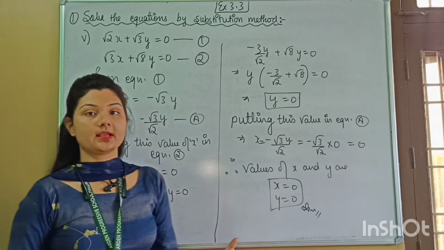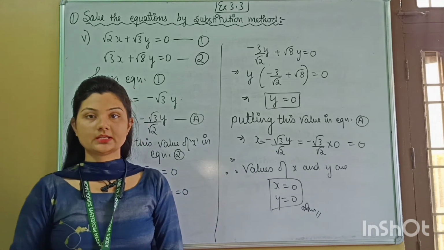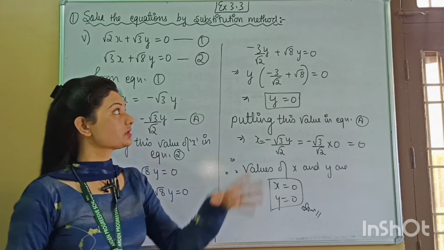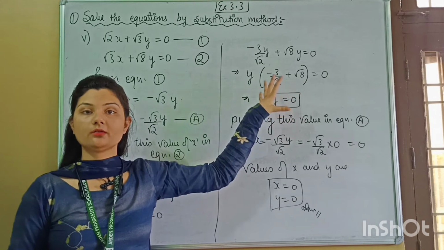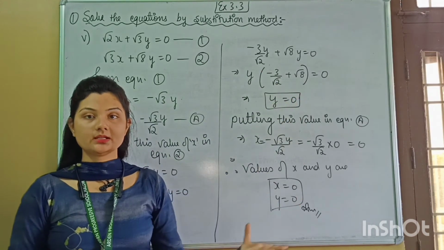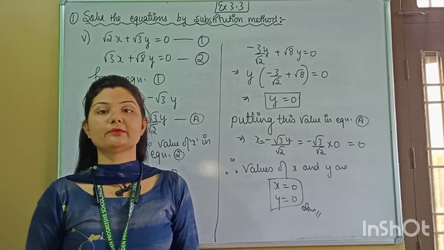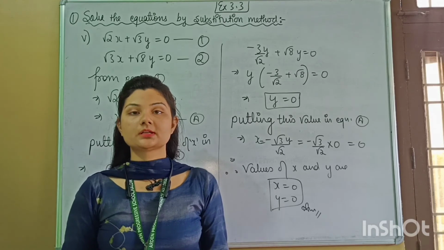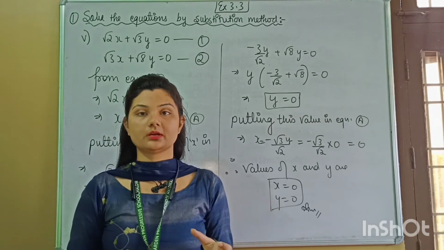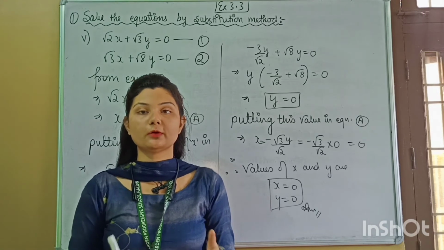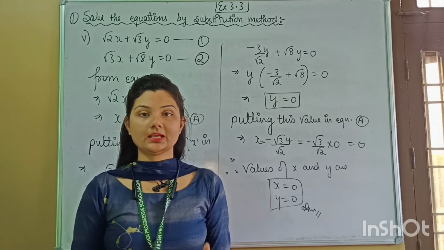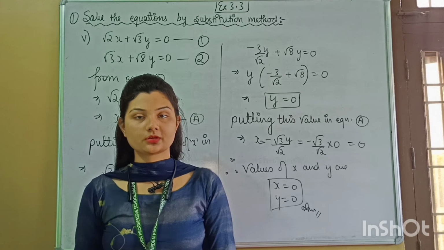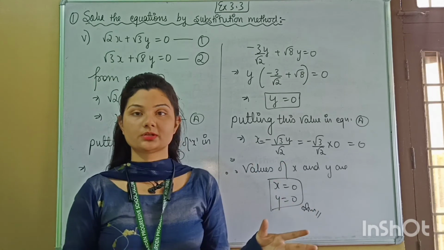Now the sixth part of the same question, that also you have to do by yourself. The same thing is there. Two equations are given. You have to solve those equations by using the substitution method and take out the values of x and y. But what is there in the sixth part? The equations are given in the form of fractions or rational numbers, you can say. So like we did in the second part, first convert those fractional equations into the simple form of linear equations by taking the LCM, and afterwards use the substitution method.